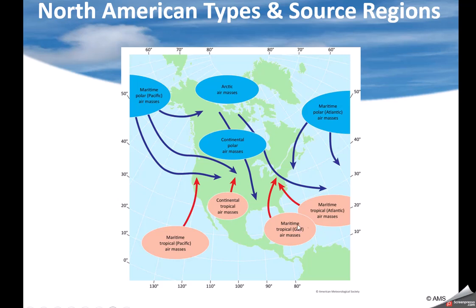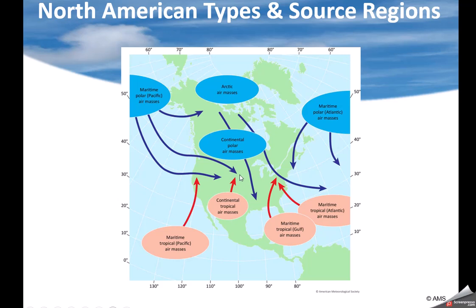Now, in the desert Southwest, especially in the summertime or even in the winter, very dry air, typically very warm, not humid, very warm air though. It can get quite hot. We get some of the extreme temperatures out in places like Arizona and New Mexico in the summertime. So this is a continental tropical air mass. The tropical just signifies the warmth. The maritime means moisture, continental means dry.